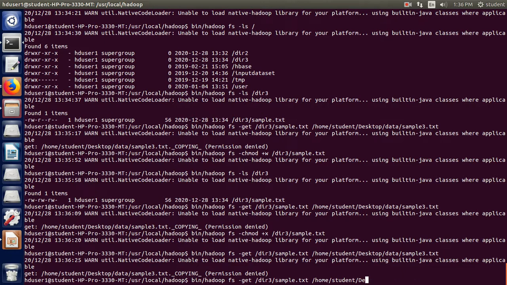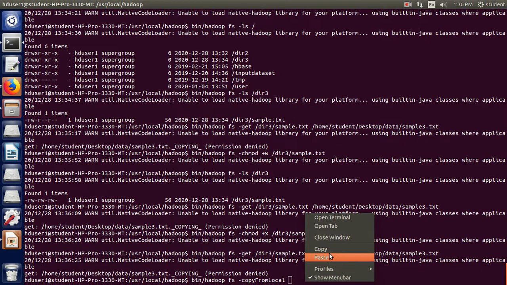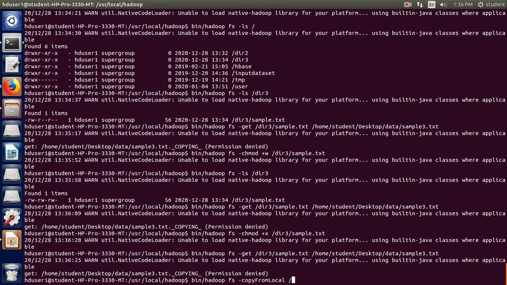Okay, so there is a copyFromLocal command. This works similar to the put command. So I will just write it over here: home, student, desktop, sample.txt, which is put on this dir3.